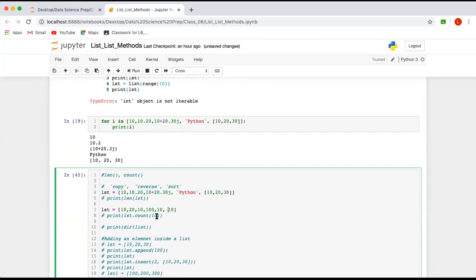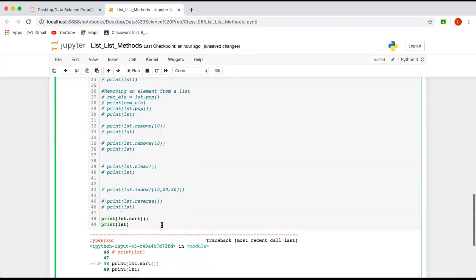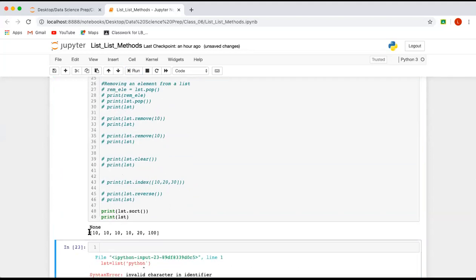If you have multiple lists inside a list, then you can compare those lists. But if you have numbers, then all the elements should be numbers. Now if you run lst.sort, it will sort it, and you can see the biggest element is at the end and the lowest element is on the left-hand side.